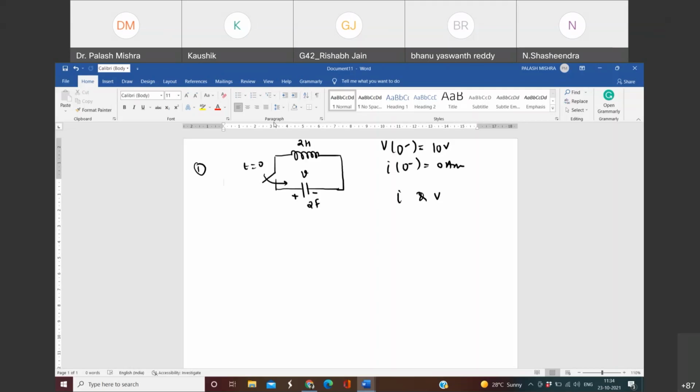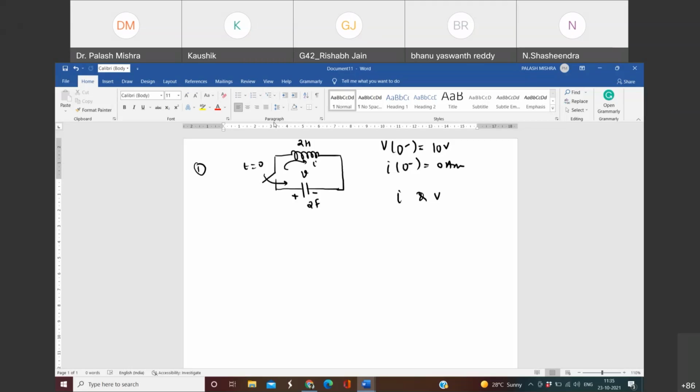For every question, where to start: it must always start from KVL equations or the KCL equations, depending upon how you are doing it. Irrespective of the initial conditions, you are least bothered. First, you have to find out the differential form of the circuit. Then you can put the initial or final conditions. So when the switch S is closed at time t equals to 0, the circuit will be something like this one, and the current I will flow in this direction.